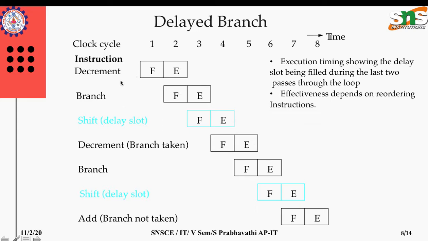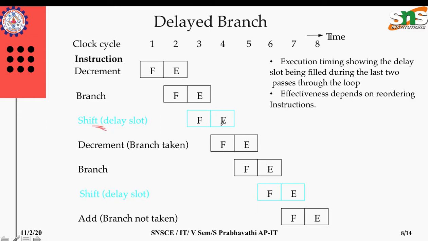See here, initially we are decrementing and checking the branch condition. Okay, in the original program, after decrementing we need to shift; first we need to shift and then decrement. So if we reorder like this, what will happen? That branch will introduce a delay, is it not? So that delay could be avoided by reordering the instruction and executing this shift instruction.